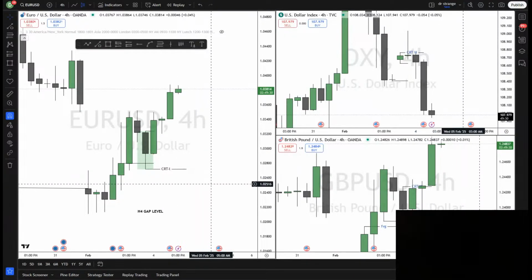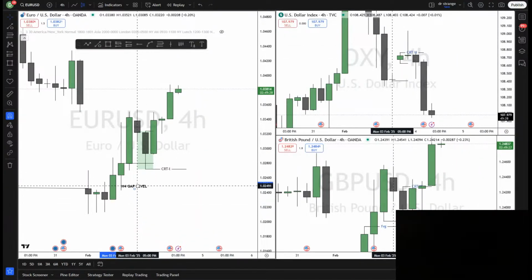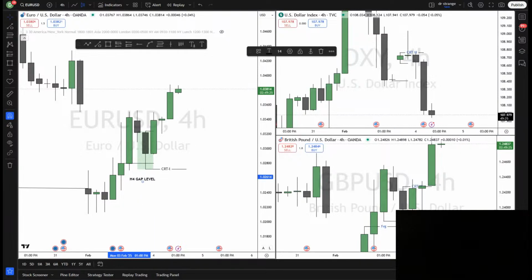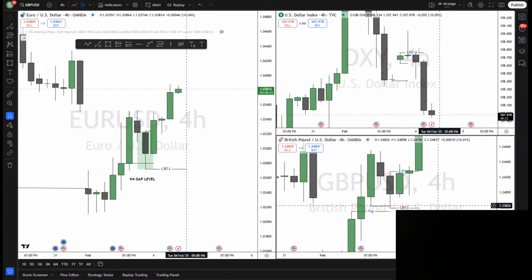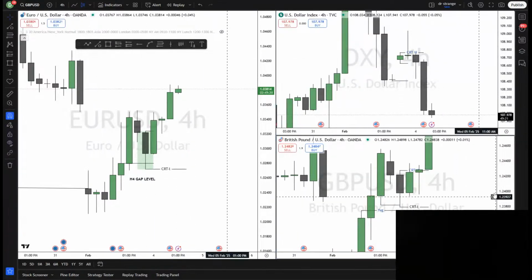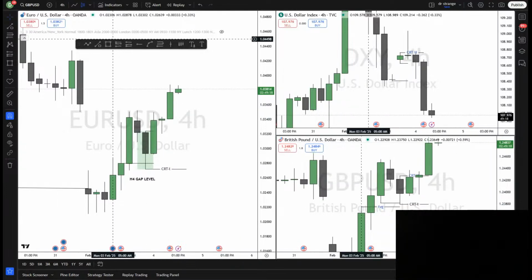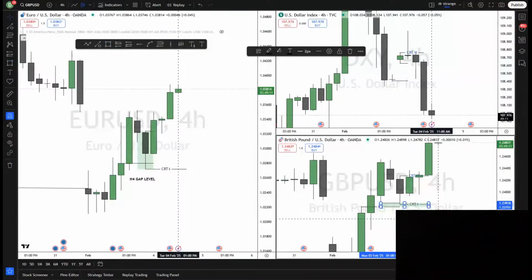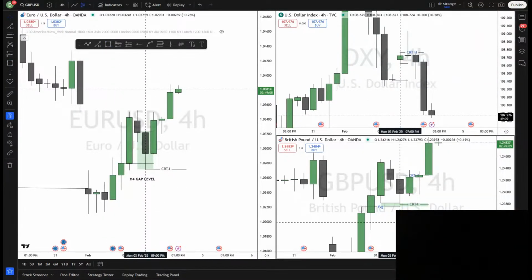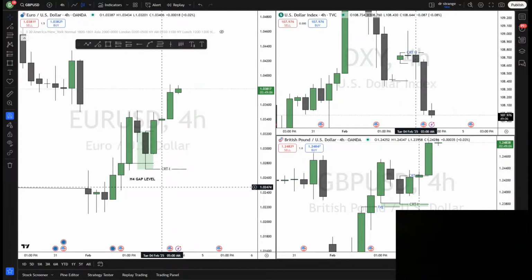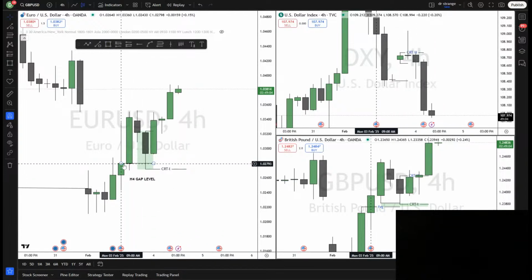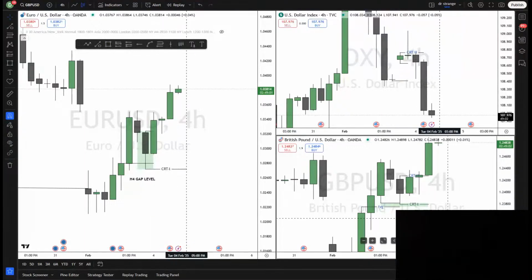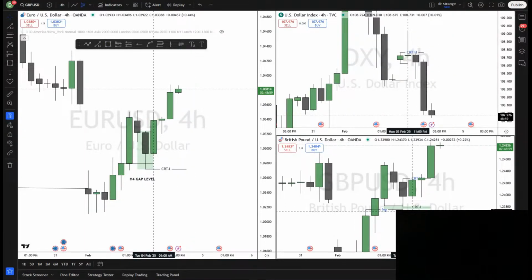But what happened on GBP USD? Here we didn't have a fair value gap on Euro USD, but we had a fair value gap on GBP USD. This is exactly what happened today. So I told you now you have to have these two pairs in mind, and then you look for an A plus setup. On GBP USD we had a fair value gap. On Euro USD we did not have a fair value gap, but we had an H4 level. If you are bullish, you can look for buys in H4 gap levels or in a fair value gap.